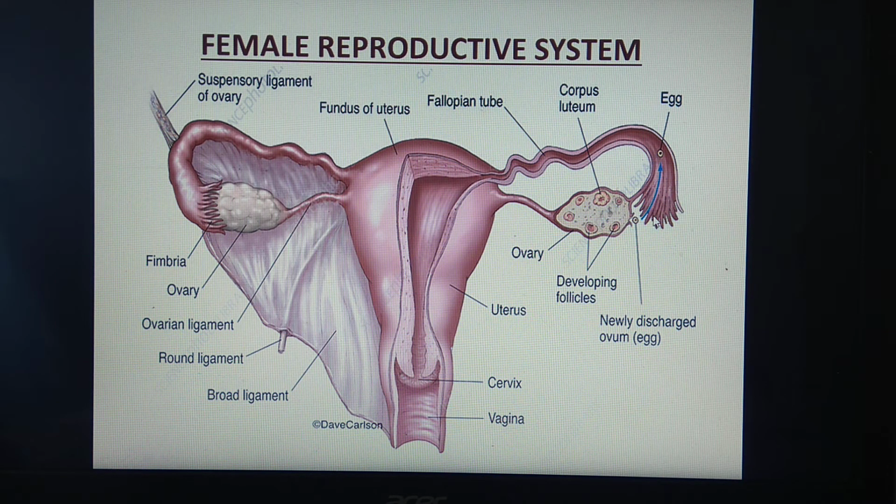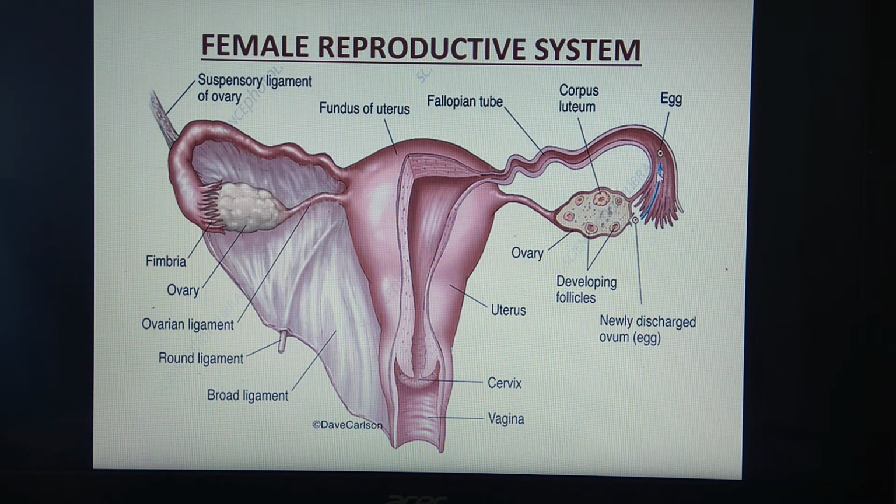Here this finger-like projections are seen. These finger-like projections are called as fimbriae. See in this diagram towards that side, this is the ovary, and this fimbriae of the fallopian tube are seen. What is the function of these finger-like projections here? They show beating action, and because of that the ovum which is released into the abdominal cavity, you can see here, this is newly discharged ovum. So the ovum which is discharged into the cavity, because of action of fimbriae, it moves towards the fallopian tube, and through the ostium it can enter into the fallopian tube.